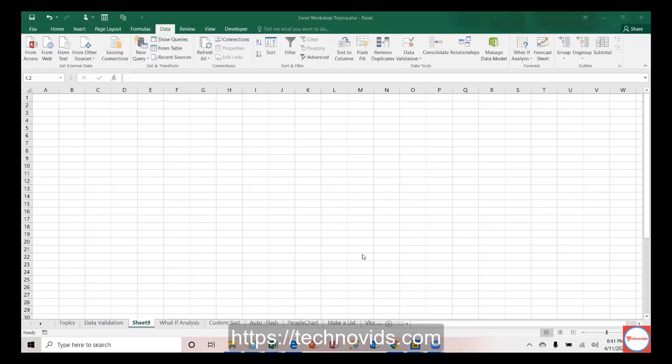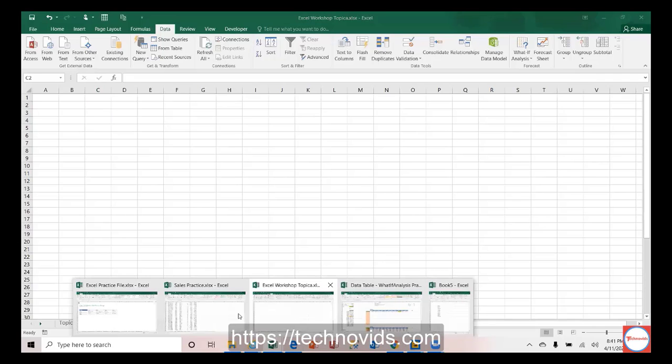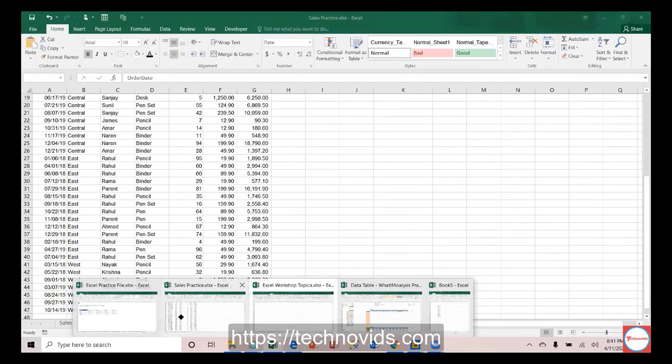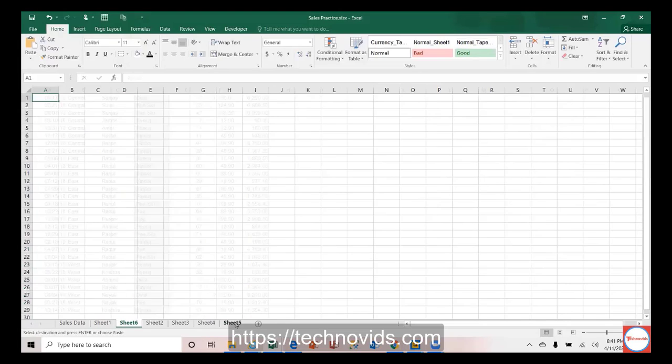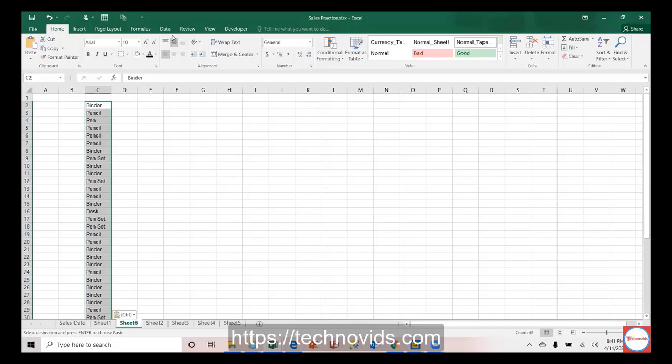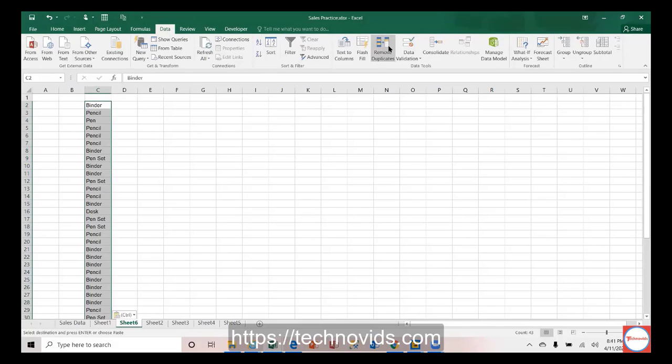Let us come up with another data set, that is this one, right? So in this item list, I want to see what the unique items are. Same thing, you can copy that and paste here, and you can go to data and say remove duplicates.